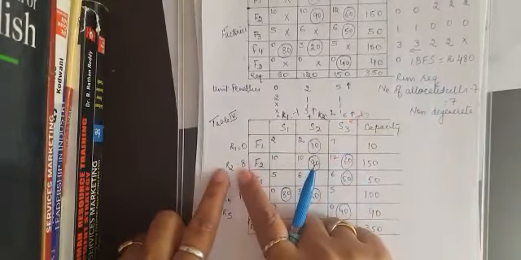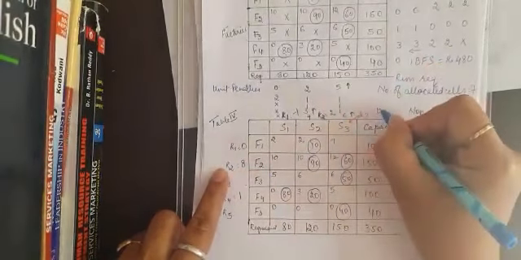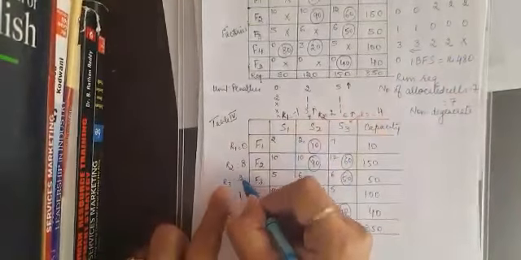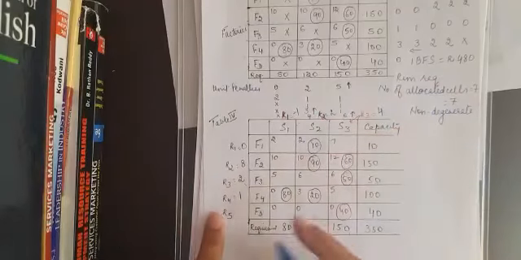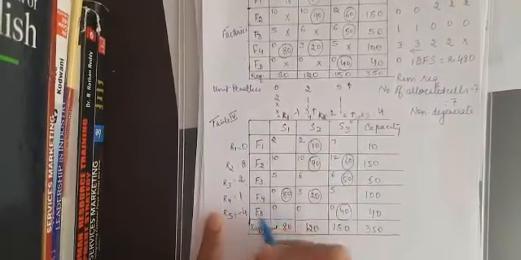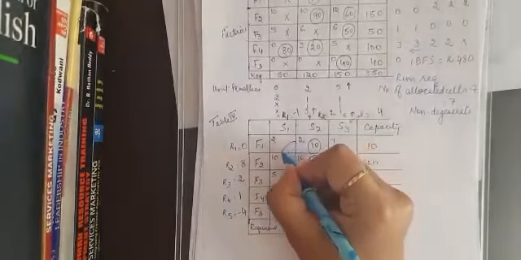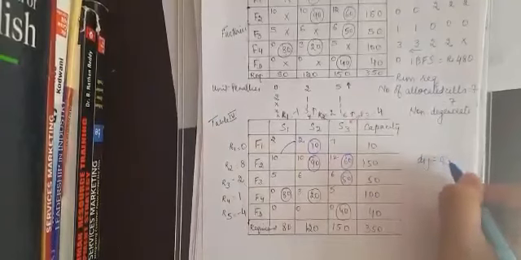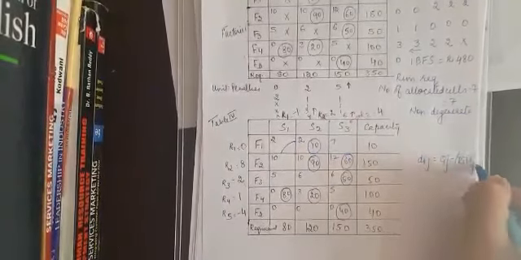From this R2 of 8 we can derive the value for K3. 8 plus 4 is going to be 12. 4 plus 2 is going to be R3. This is for R3. Then 4 plus minus 4 is going to be 0. Calculating the opportunity cost Dij, this is for unoccupied cells. Dij is equal to Cij minus Ri plus Kj.